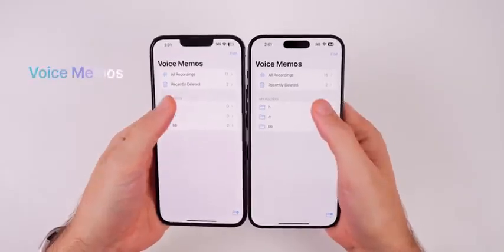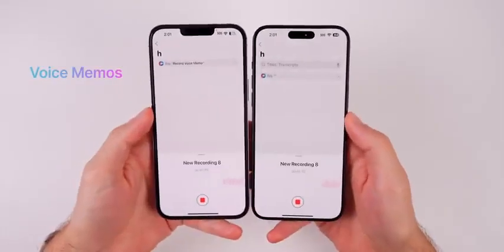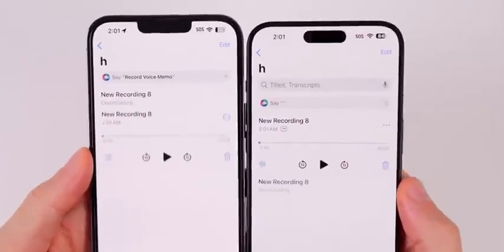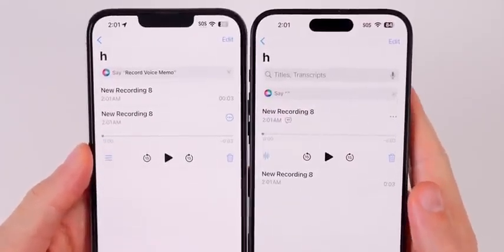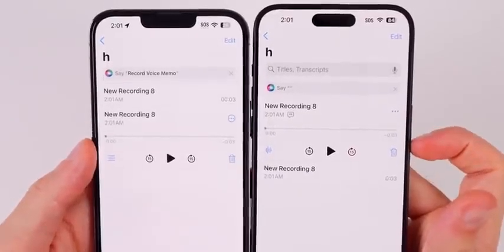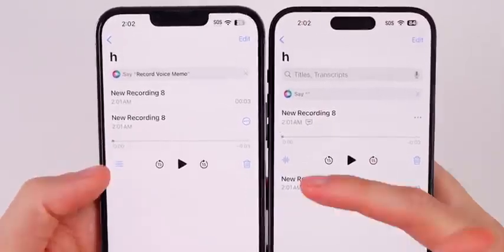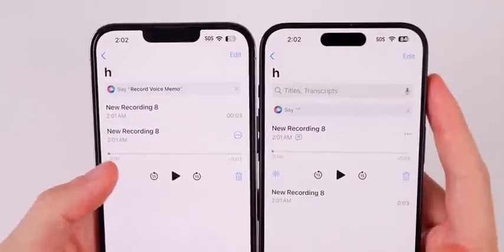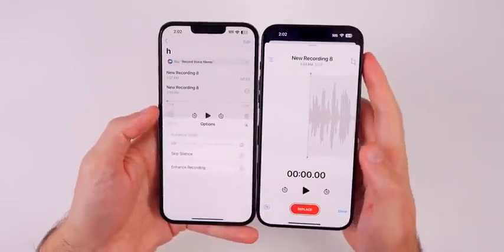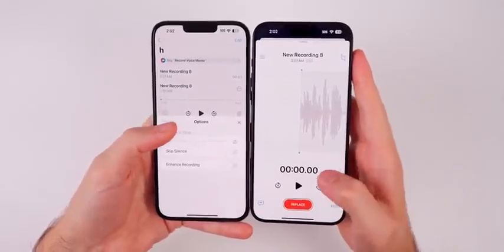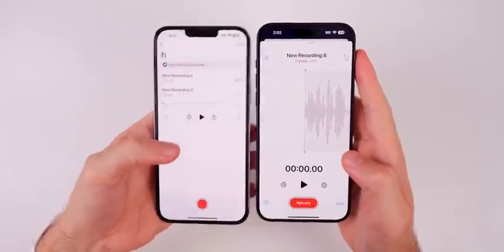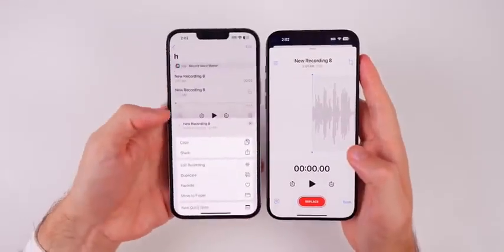We have some changes in the Voice Memos application. When you go to start recording a voice memo and you go ahead and stop it, you'll see some changes here. So the UI for the actual player looks different. So number one, you can see that the recording appears below the player, whereas before it appeared above the player. We also now have a waveform glyph icon versus before where we just had these little switches for the options. And if you go into there, you'll see some differences as well. So we have a whole new menu here, whereas before that was not the case. We just had these little options right there, and that was it. Even if you tapped on the three dots, you didn't really get any